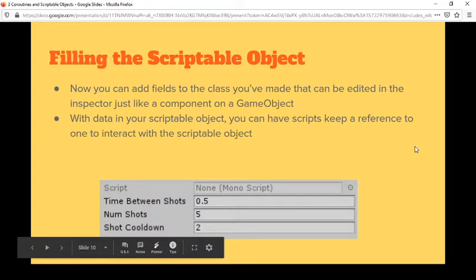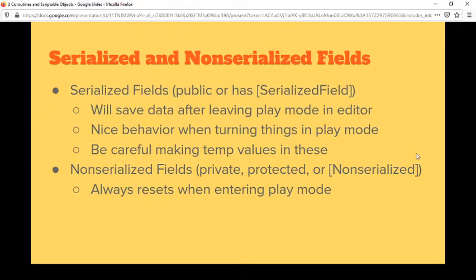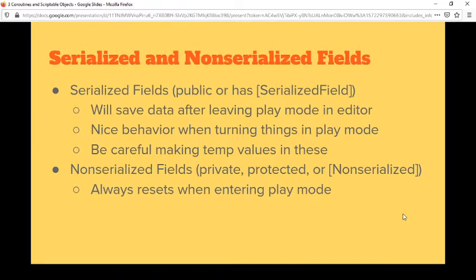So now, a scriptable object will actually seem like the scripts you've seen before. You can have fields that can be edited after you click on the instance, and it's nothing all that special. It's just like any other script except it lives elsewhere. So another important thing to deal with is there's actually data that lives outside of play mode and data that